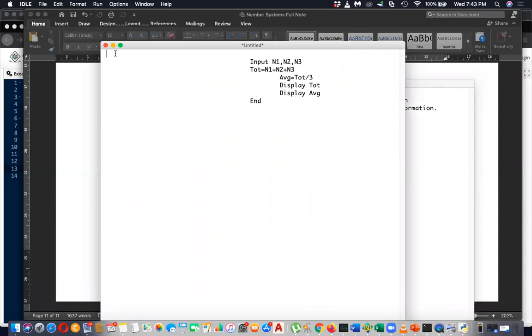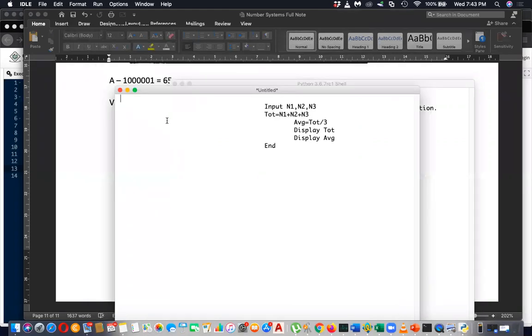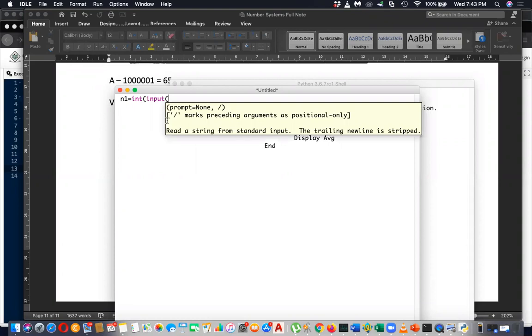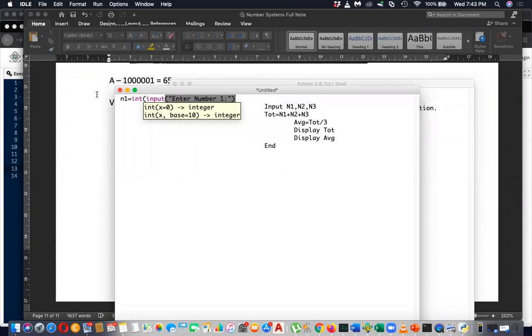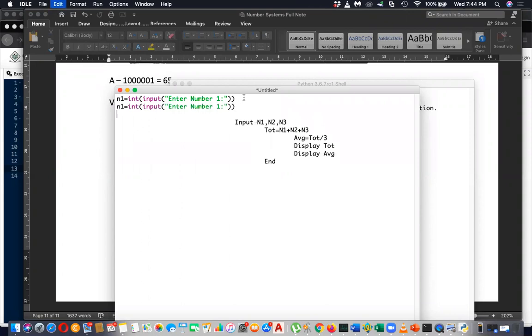So this is actually not Pascal. This is Python. Still I can say, okay, n1 equal in int input, then I can give the message similar to that one. Enter number 1. There are syntactical differences, but still the concept is same. What you have to do is you have to take this number 1. You have to take the number 1, then number 2, then the number 2, then number 3, now n1, n2, and n3,